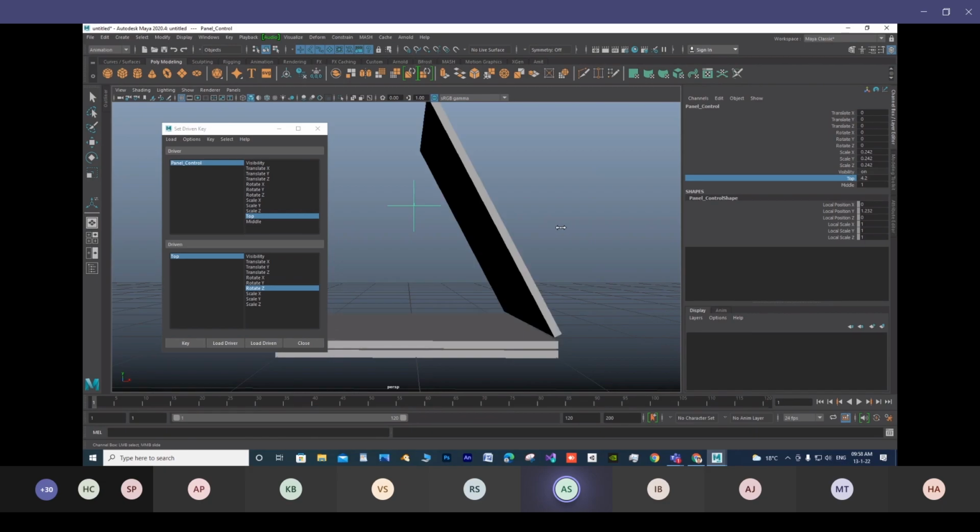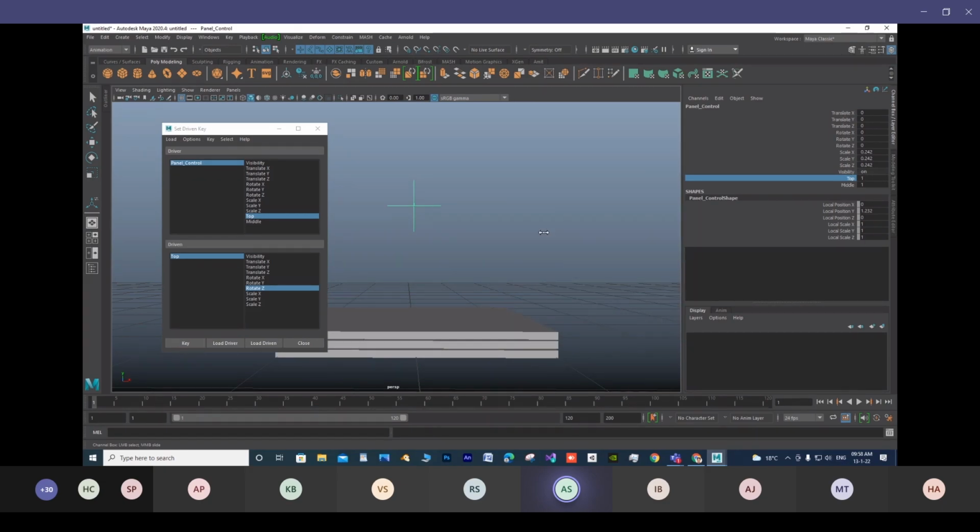So now you can see it is available here, that panel is controlling itself. Okay, 1 means 0 degree rotation, and 10 is maximum 180. You can go beyond, like 360 or whatever. This is just for an example. Same way,